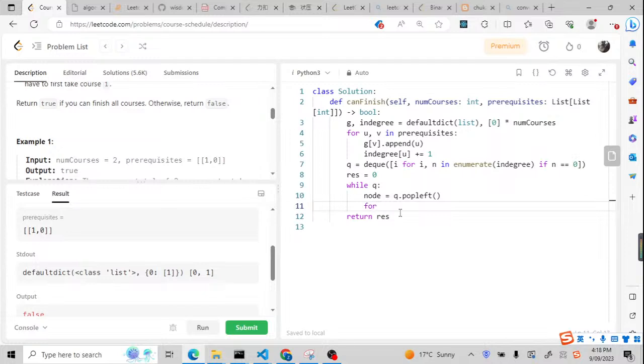For neighbor in graph of this node. Inside, the node is 0, and this neighbor is 1. So for neighbor inside the graph,